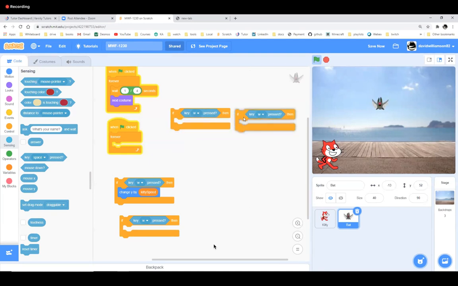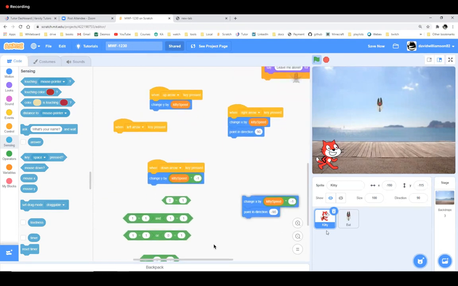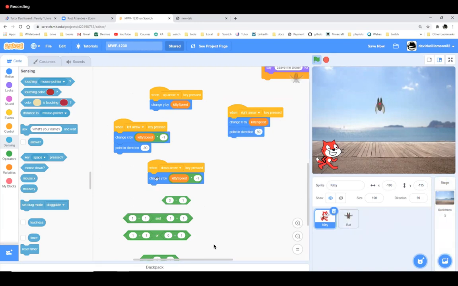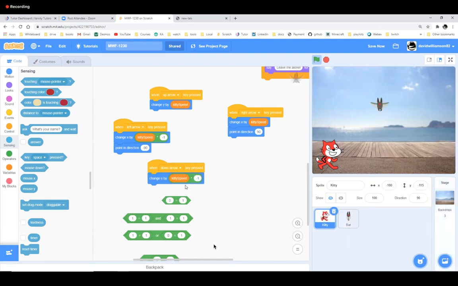Because I just have to go one by one into the kitty and get all the directions out of it. So I'll grab the left, drag it into the bat, grab the right, drag it into the bat, and notice that it really is just copying them. It looks like I'm actually removing it, but when I let go, you'll see that it remains in the kitty, so I've only copied these.